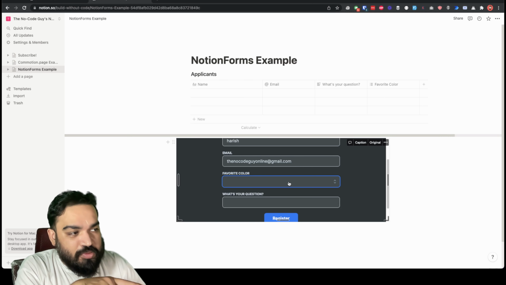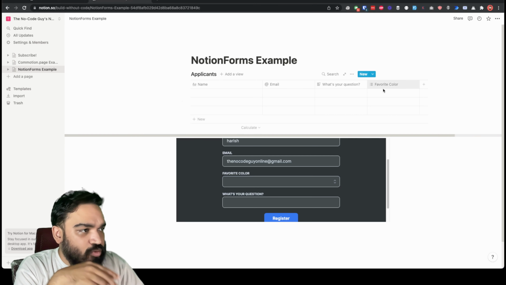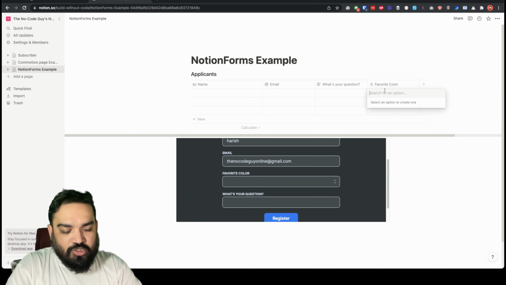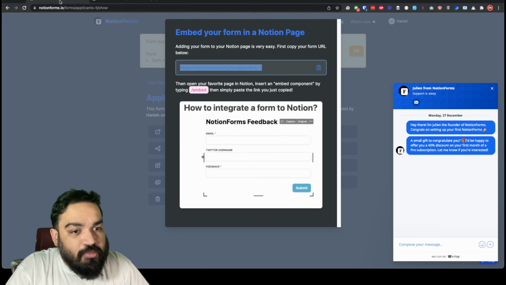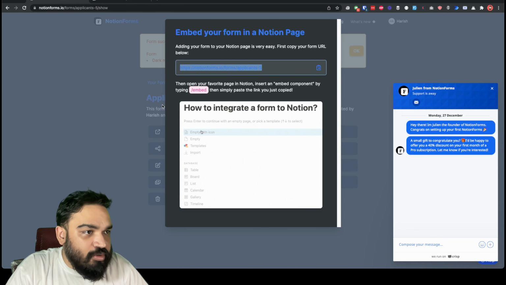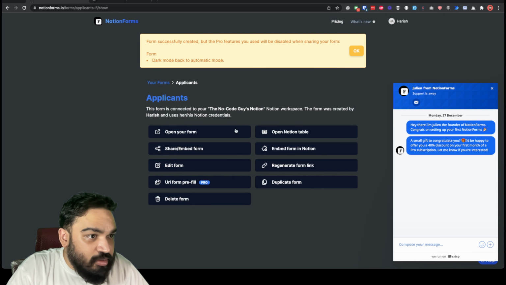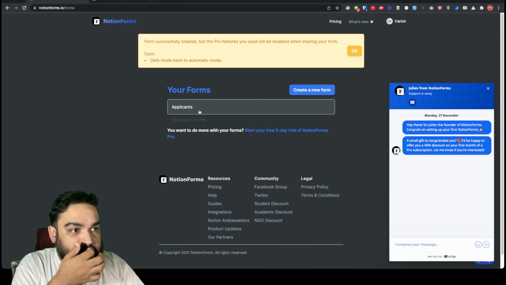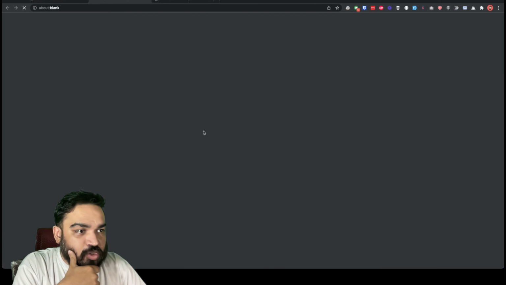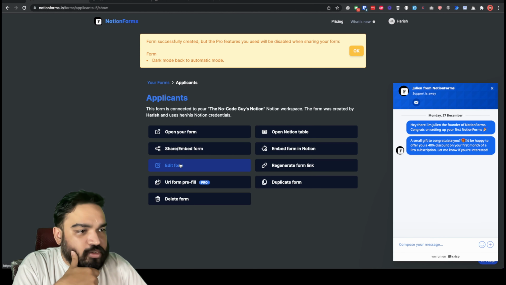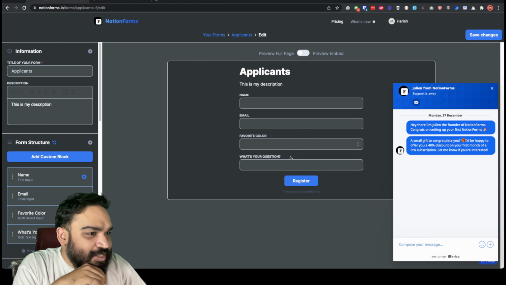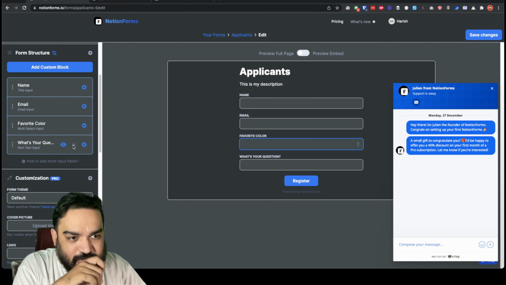Since there are no options available here, what you could also do is probably add a bunch of options. Or let's quickly go back to the form and see if we are able to add any options. Open your form. Oh, how do I? Okay, here it is. Very hidden. Let's quickly see. Okay.